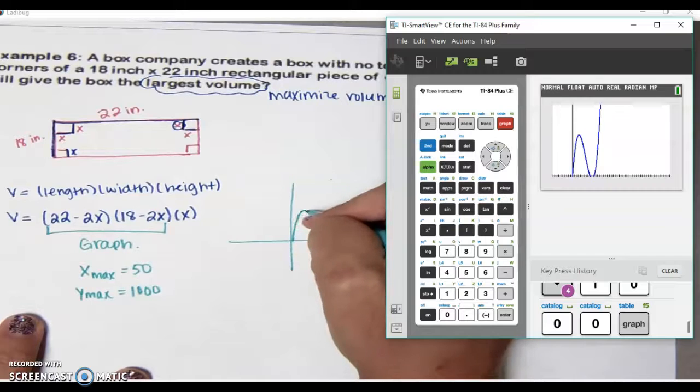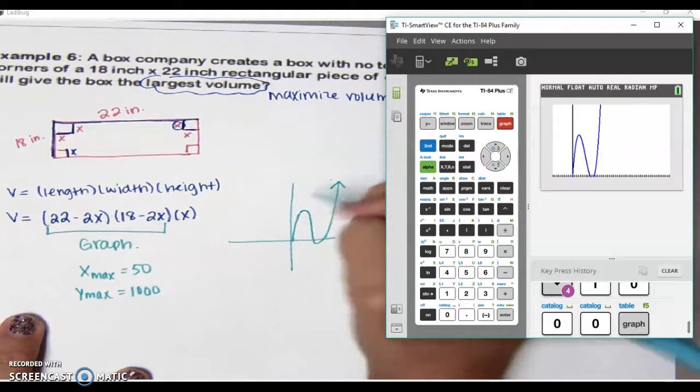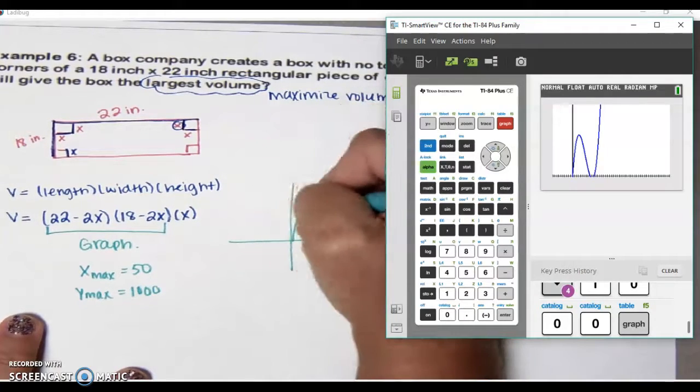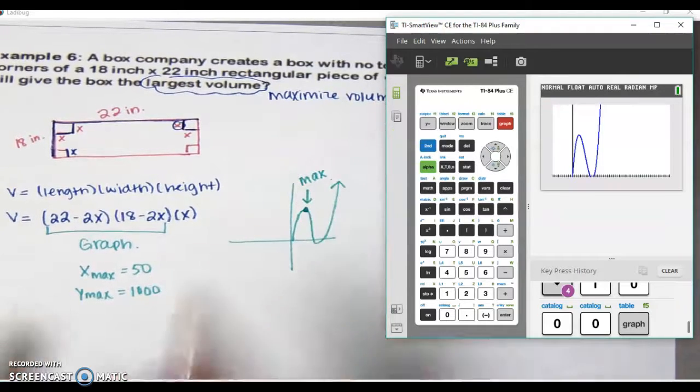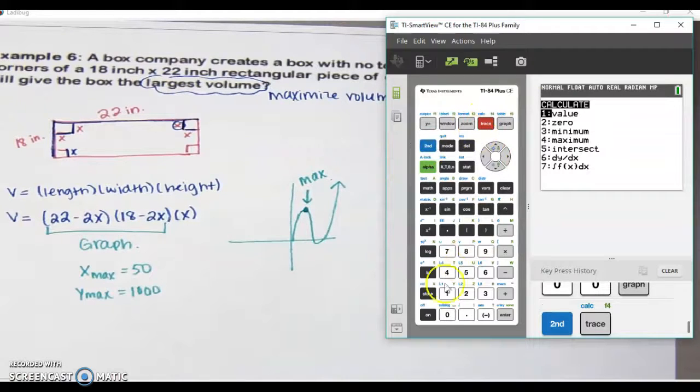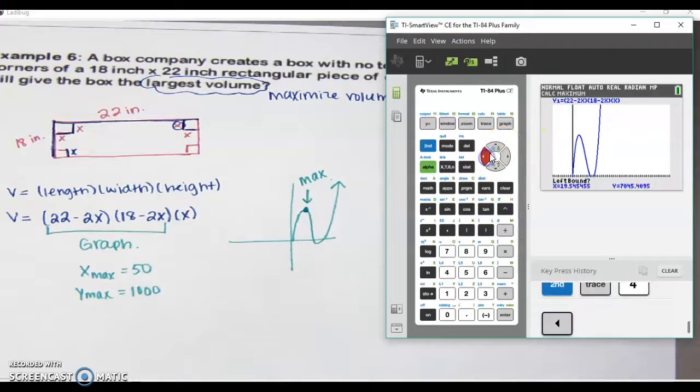So you see this graph actually has a maximum and a minimum. But we're just trying to maximize. So we just want to find the max. Okay, so to do the max, we're going to do second trace number 4 for max. We're going to do left bound. So move on the left of your max. Hit enter, right bound, hit enter, and then guess and hit enter. So you get